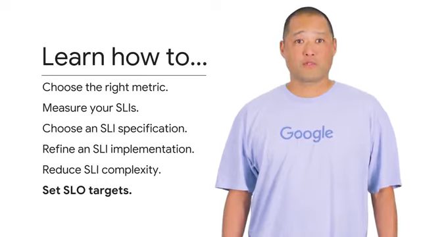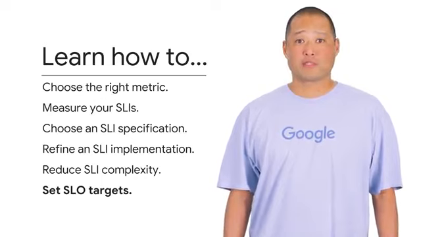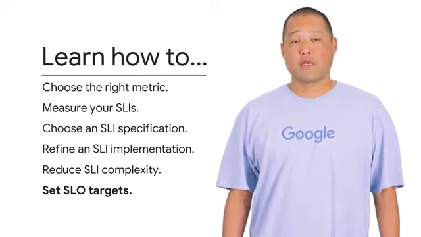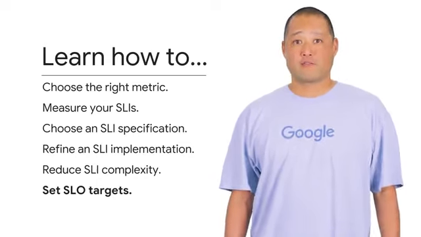Once you've got a good set of SLIs specified for your service, you'll need to consider what targets you want to set for those SLIs. The best way to arrive at a reasonable target is to have historical monitoring data tell you what's achievable, but in some cases this data won't exist, or these targets will diverge from those your business aspires to. Iterating toward alignment of achievable and aspirational targets is the focus of our last lesson.